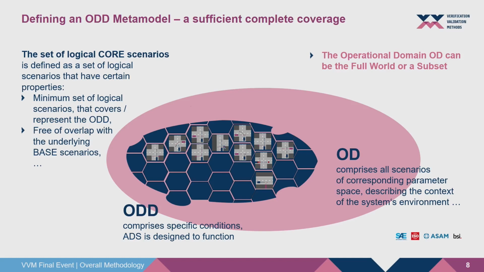So this is what you see here in the picture is exactly the idea of these disjunct scenarios. So we have a coverage of the ODD by these overlapping free scenarios to make sure that there is a difference between the approaches. We add the attribute core to the logical scenarios to make clear that there are some special requirements we used instead of a normal logical scenario.